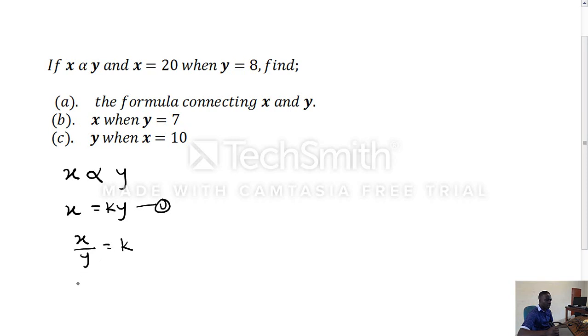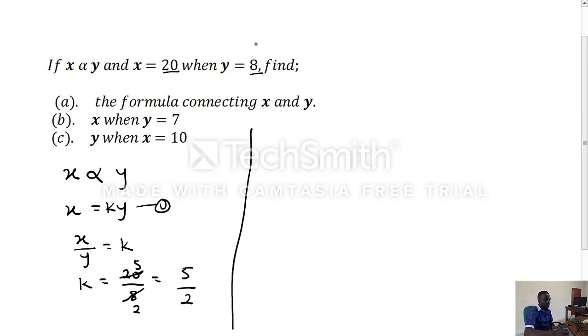So if k is equal to x over y, what will be k when x is given as 20 and y is given as 8? So we will substitute that, and we'll have it to be 20 over 8, and 20 divided by 8, when you reduce it to its lowest term, the highest factor that can divide 8 and 20 is 4. 4 into 8 is 2, 4 into 20 is 5, leaving us with 5 over 2